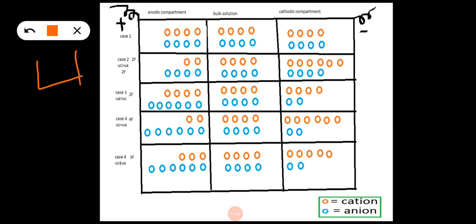It is again attached to a copper voltmeter here. Now let us consider 4 Faraday of current is passed, and speed of cation is 2 and speed of anion is also 2, and 4 Faraday of current, or charge, is passed. If we pass 4 Faraday of current, then 4 equivalents of copper will be deposited here and 4 equivalents of nitrate will also come on to this electrode, and it will bring 4 equivalents of silver into the solution.